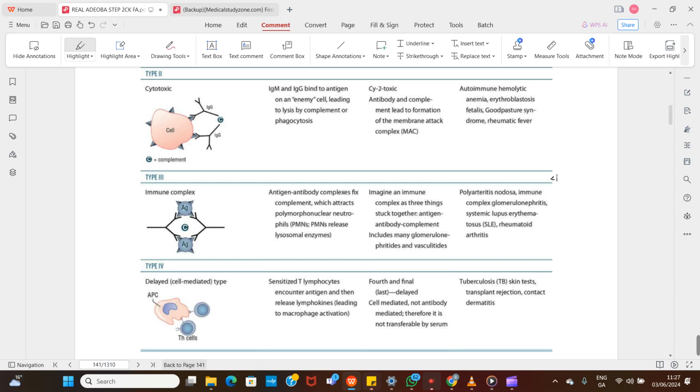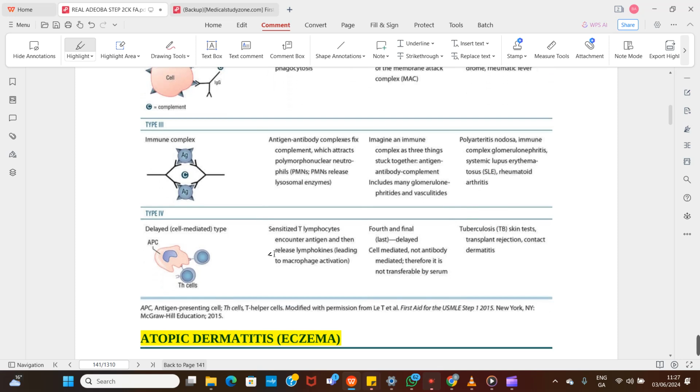Polyarthritis nodosa, immune complex glomerulonephritis, which is also known as the post-streptococcal, SLE, right? Rheumatoid arthritis, some autoimmune disease like that. SLE, rheumatoid arthritis, all of them are shared with type 3 deposit. Then type 4 is the one that does not involve antibody, right? So these occur when you have